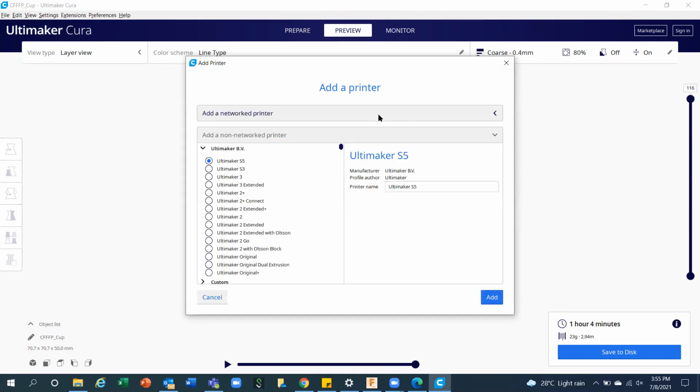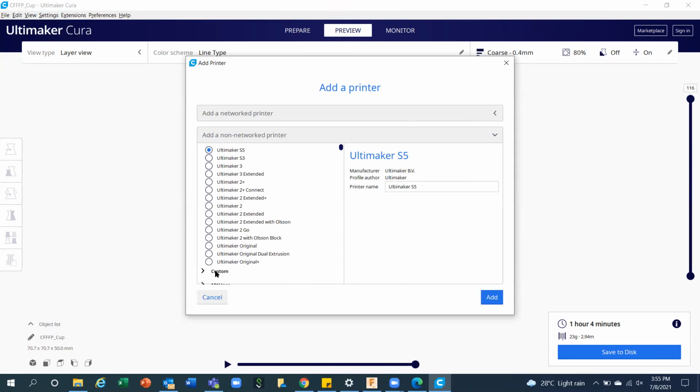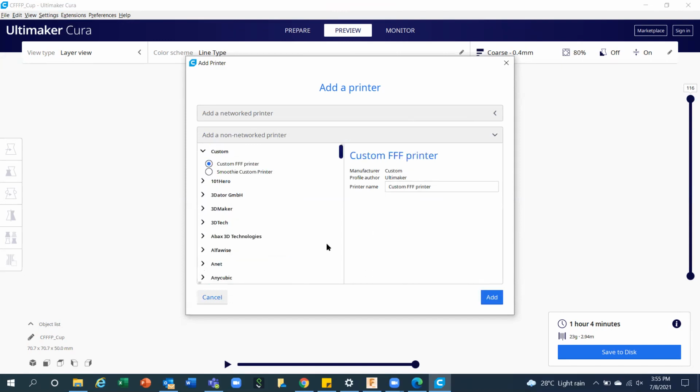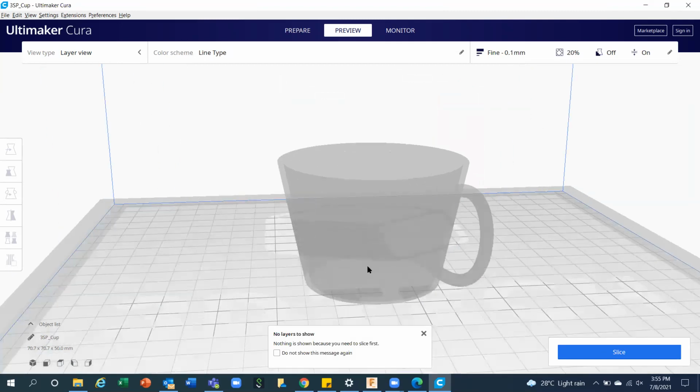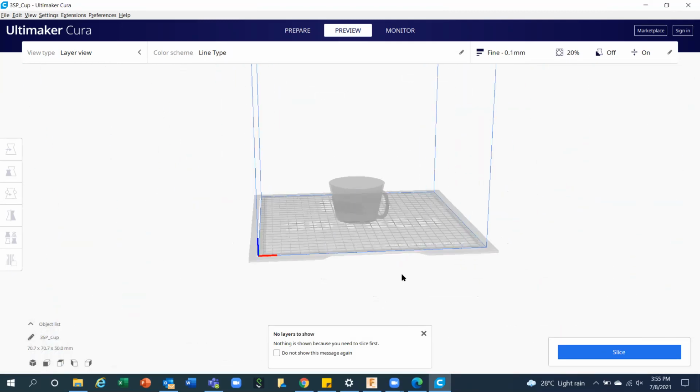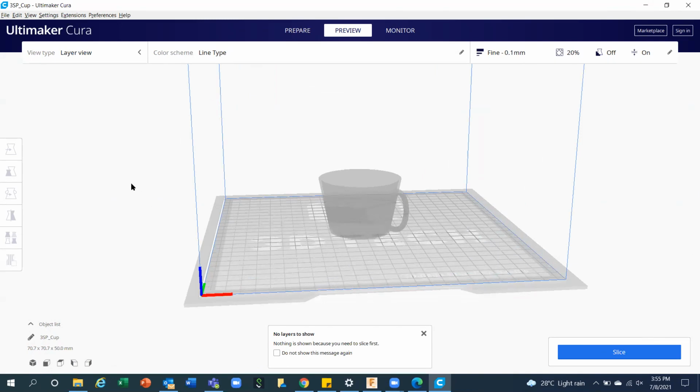If you want to use a custom printer, you need to give a lot of information. Let's say if I'm going to use VTech, I'm going to add it. Automatically, you can see this is a bigger printing area. Every printer has a different printing area, so you have to add that printer so that it is automatically going to accept the printing area. Now you can create any design within this area. The ultimate point is your design should not cross the limit of the printing area, otherwise it is not going to print.